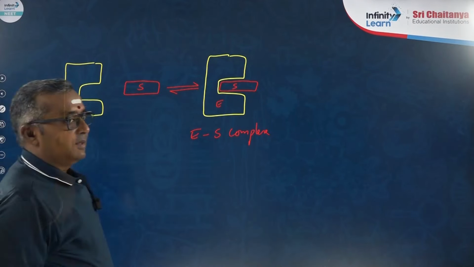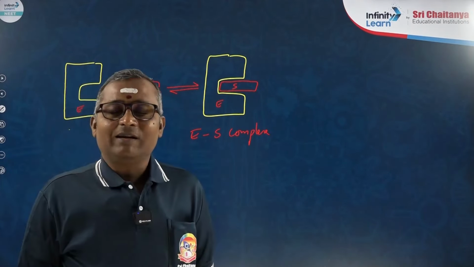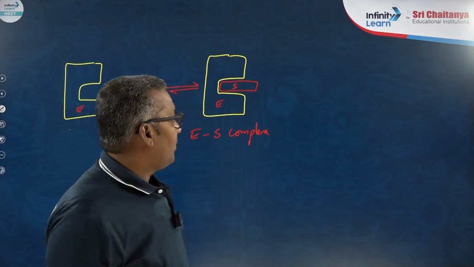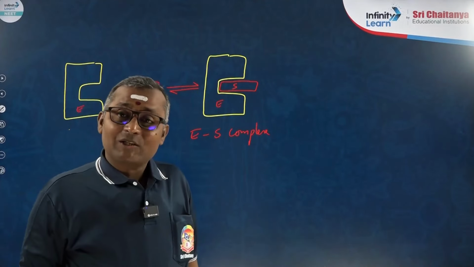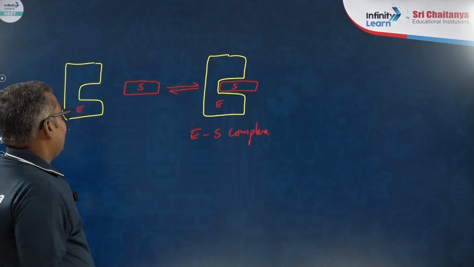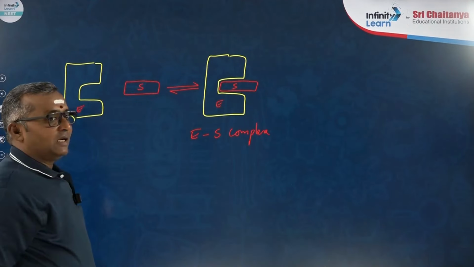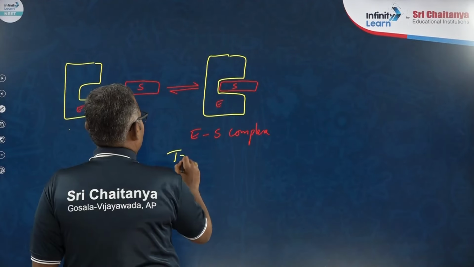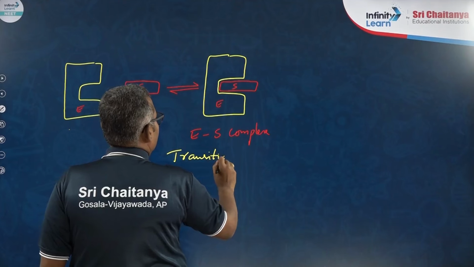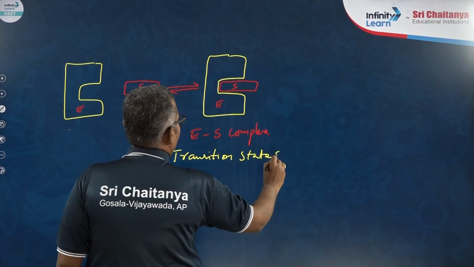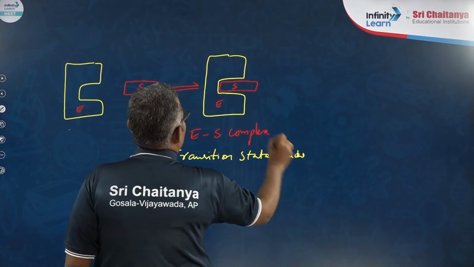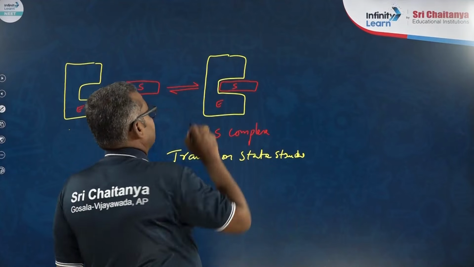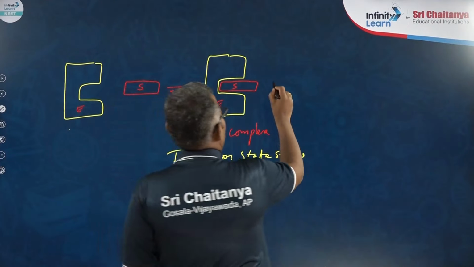This ES complex formation is a transient phenomenon, which means it is a temporary phenomenon. And ES complex formation is obligatory. During the binding of substrate to the active site of the enzyme, there is formation of a transition state structure. Now, this itself is the transition state structure. Soon after this formation of transition state structure, bond breaking or making takes place in the substrate. As a result,